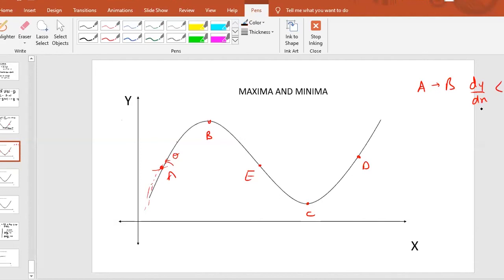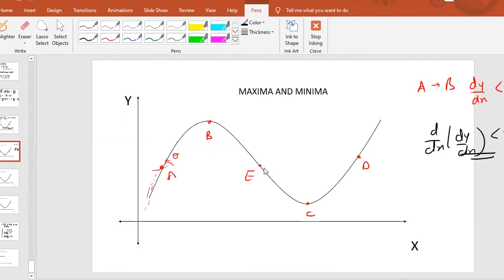And how do we find the decreasing slope? Again, if you differentiate, d by dx of dy by dx, this denotes the rate of change of slope. If the rate of change of slope is negative, then it will attain the maxima condition. If the slope of y with respect to x is decreasing, then it is a maxima condition. You can see here, as we move from A to B, the slope is decreasing with respect to x. So it is the rate of change of slope. The rate of change of slope from A to B is decreasing. Therefore, we attain the maxima condition at B.